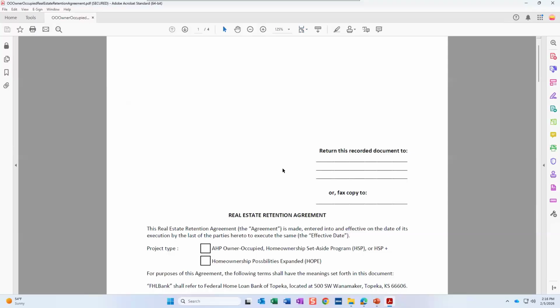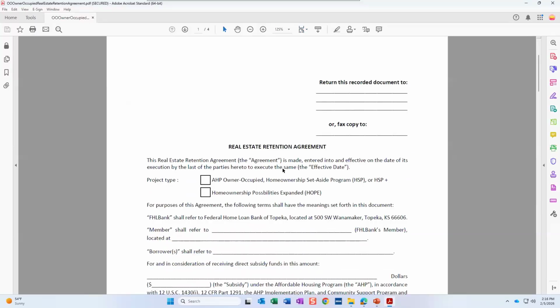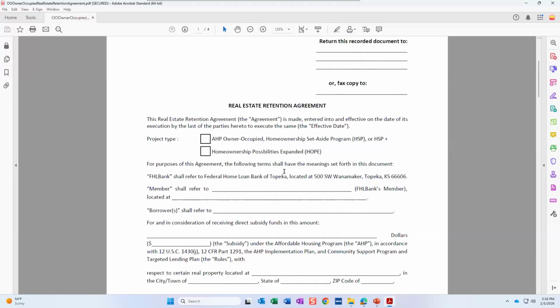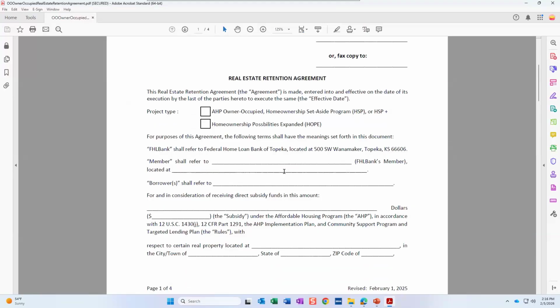We place a 5-year lien on all of the properties, and this is forgivable over that 5 years. So it gets prorated. That's the word I'm looking for there. So if the home buyer were to sell the home within the next 5 years after they purchase it, they would only owe a certain portion of the grant back. That's reduced on a prorated basis based on the amount of time that has elapsed. Once the 5 years are up, the grant is fully forgiven and they can release this lien.